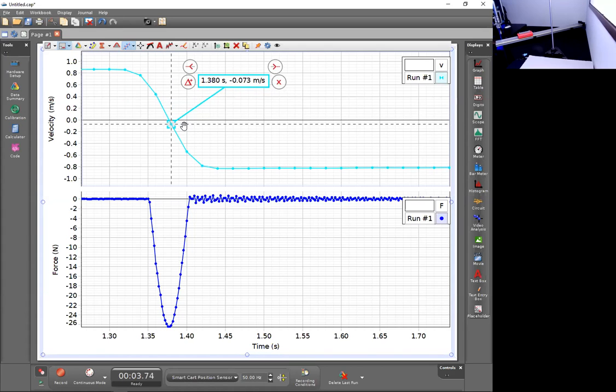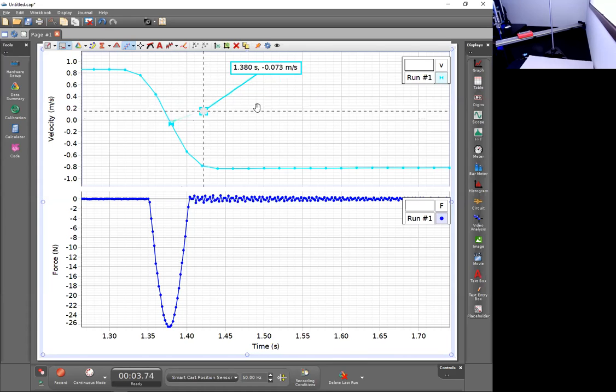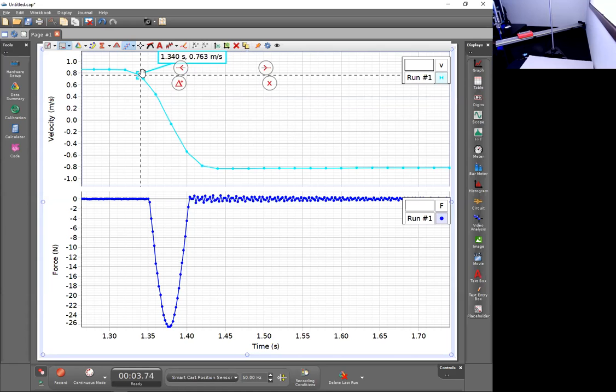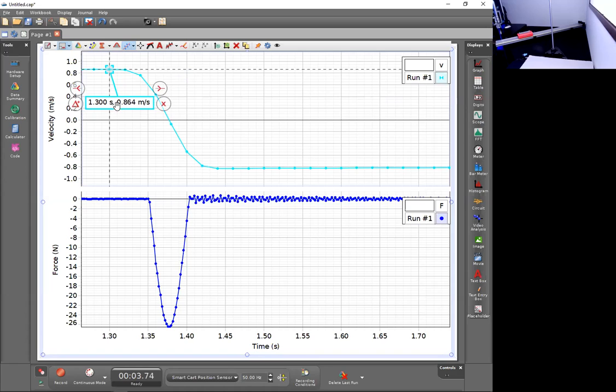And now it's no longer a gray box, it's a box that has the color of the run, which tells me that I'm actually looking at the coordinates of this data point. I could scroll left and right here, or I could move the box, but I'd like to look at the velocity before the collision. I think that's distinctly before the collision, and we can see that the incoming velocity was 0.864 meters per second